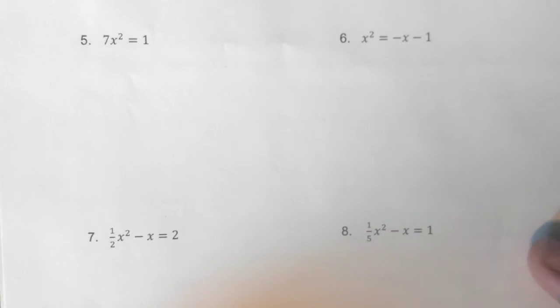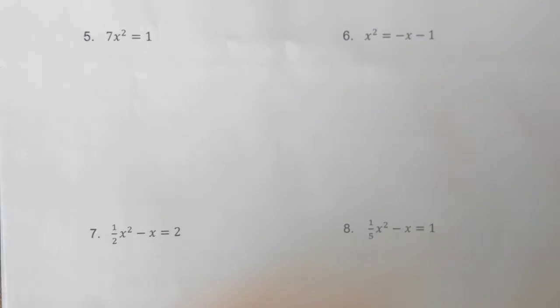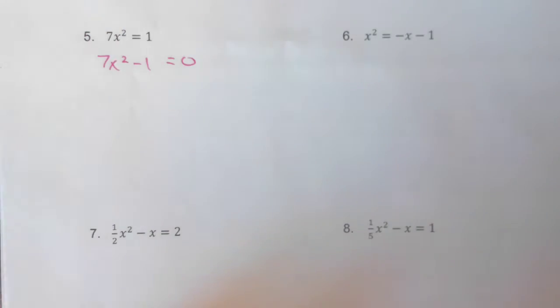On back, just a few more problems. We're just going to practice these. What happens if you have one like this? Well, first, it's not set equal to 0, so you would subtract 1. Okay, and then you look at that, and, well, it's set equal to 0, so we can identify A is